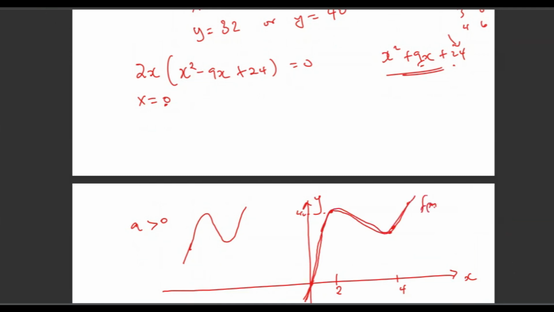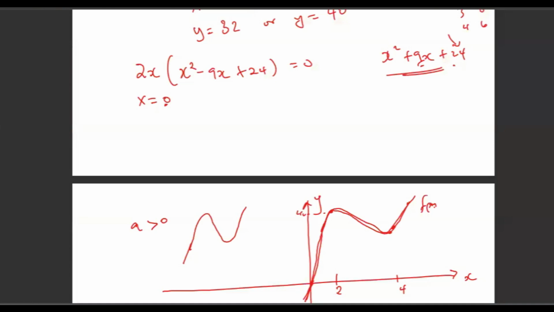Something like that. Okay. Then determine the values of k for which this will have 3 unequal roots. Now remember that for us to have unequal roots, the whole function must be dropped down. Remember, this is a 32, and then this is a 40. So it has to be dropped down